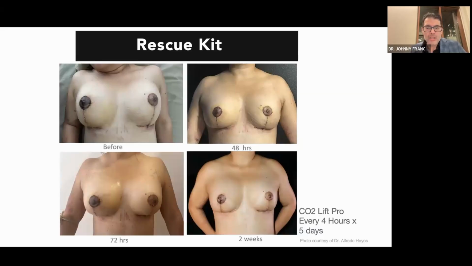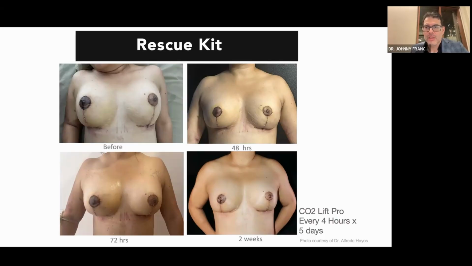This is actually another photo from Dr. Hoya's, of a nipple that he was just a little bit worried about. I think all of us have been there. We've had a nipple or areola that was just a little bit congested and used this to treat that. The patient actually did absolutely fabulous. You can see he did a really good job documenting the time track there of the areola and so forth. So I think for all of us, anything that can save or decrease the concern of a nipple, areola, or T incision stuff is absolutely